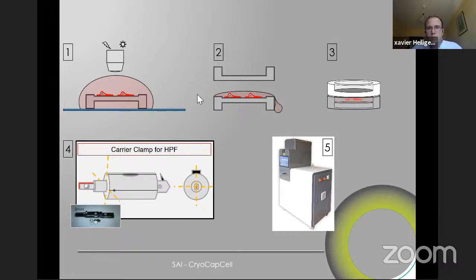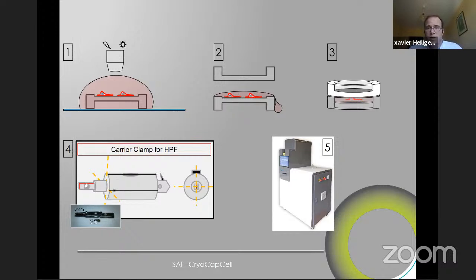So this is the reason why you put your sample in between two aluminum planchets or carriers, and then you load all of this into an HPM handle and then freeze and blast the 2000 bars. But going from this step to this step here, and then finally loading into the HPM can take some time. Usually it takes more than a minute. And in cell biology, especially where I was doing my postdoc together with Graca Raposo, things are moving extremely fast. And so in 1 minute, your sample could be gone and you won't find it back again.